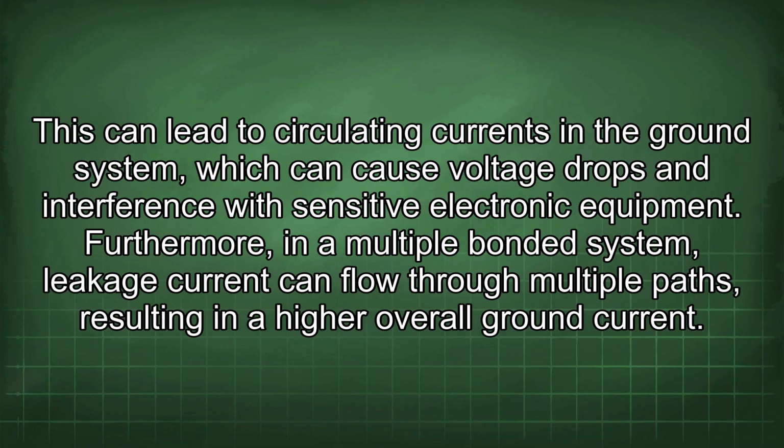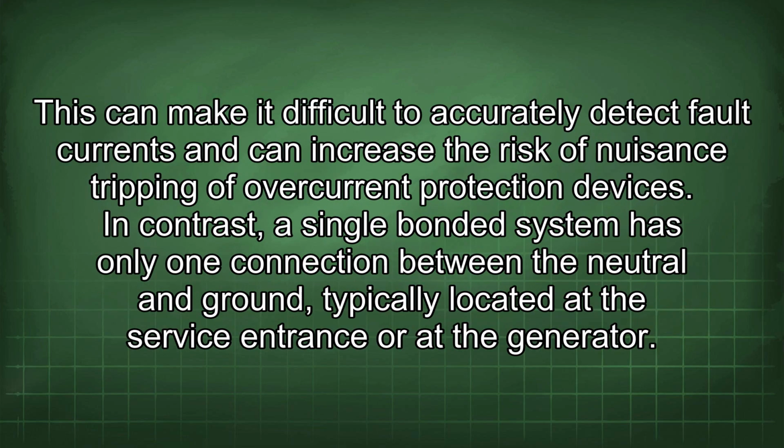This can lead to circulating currents in the ground system, which can cause voltage drops and interference with sensitive electronic equipment. Furthermore, in a multiple bonded system, leakage current can flow through multiple paths, resulting in a higher overall ground current. This can make it difficult to accurately detect fault currents and can increase the risk of nuisance tripping of